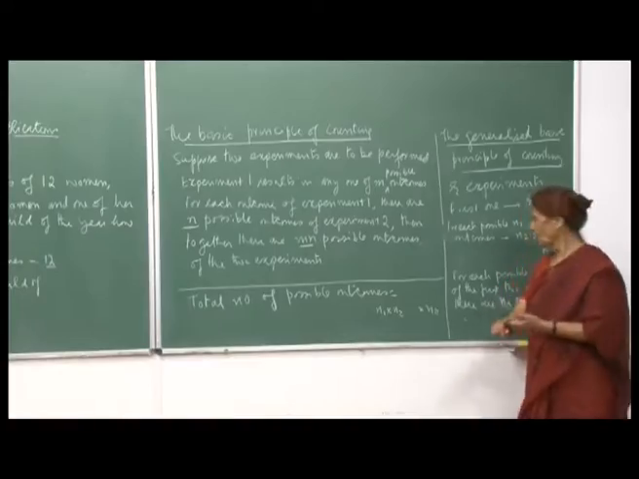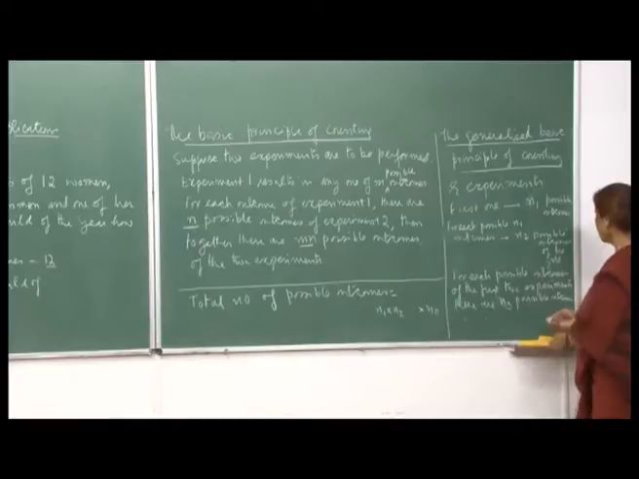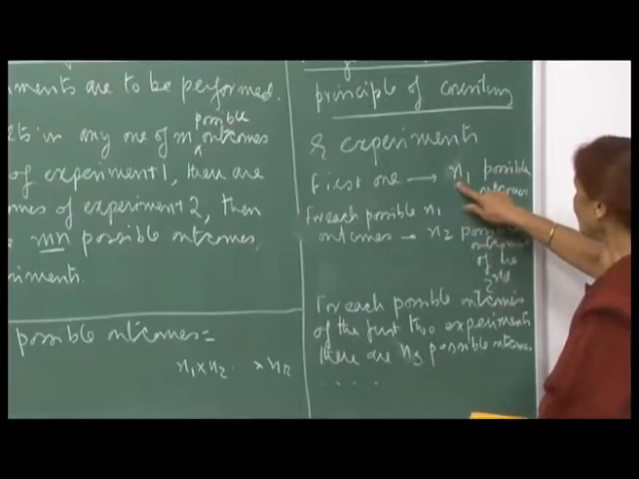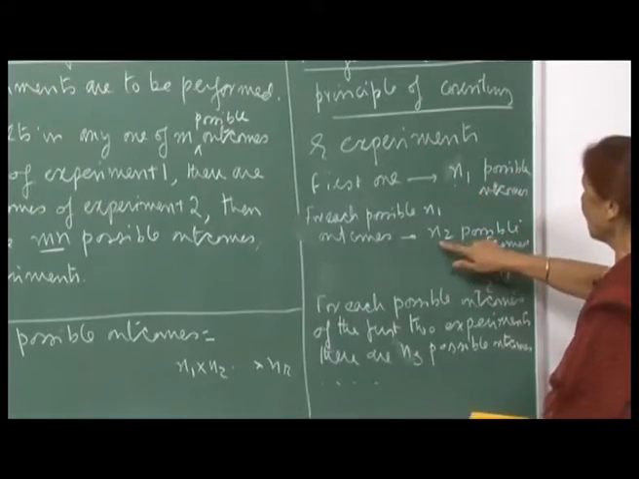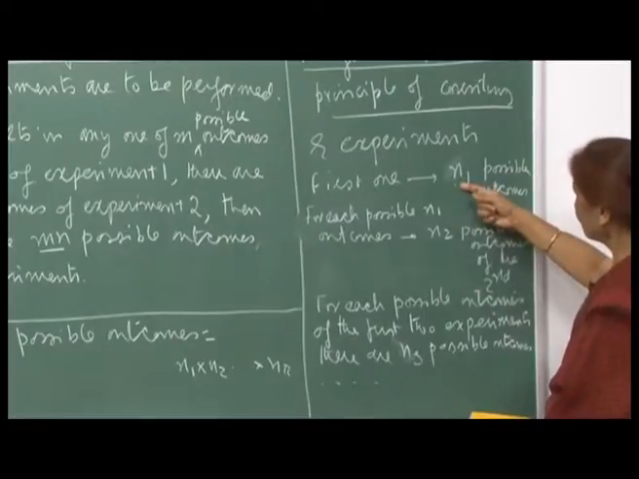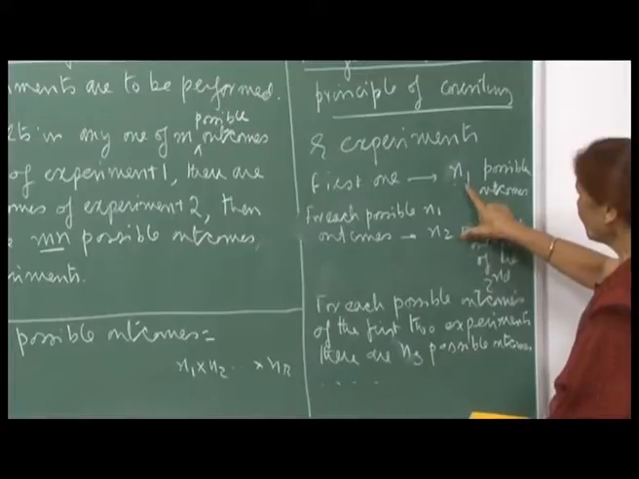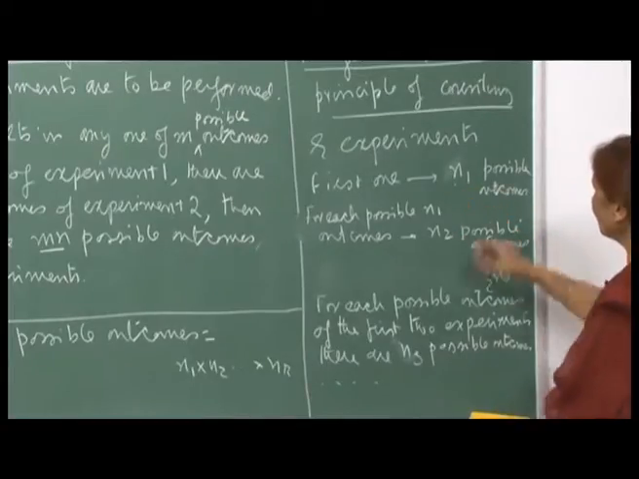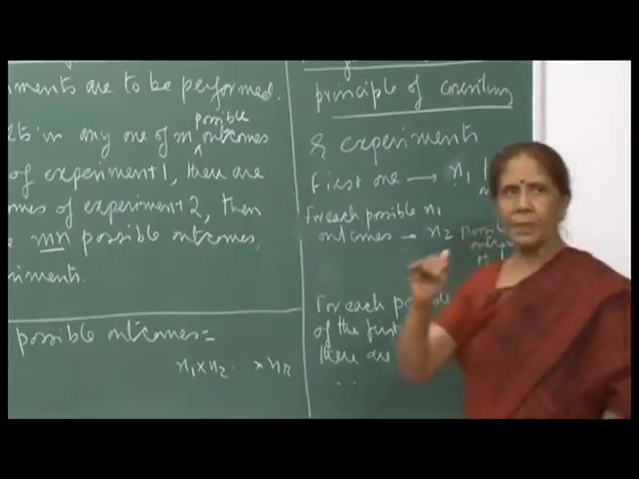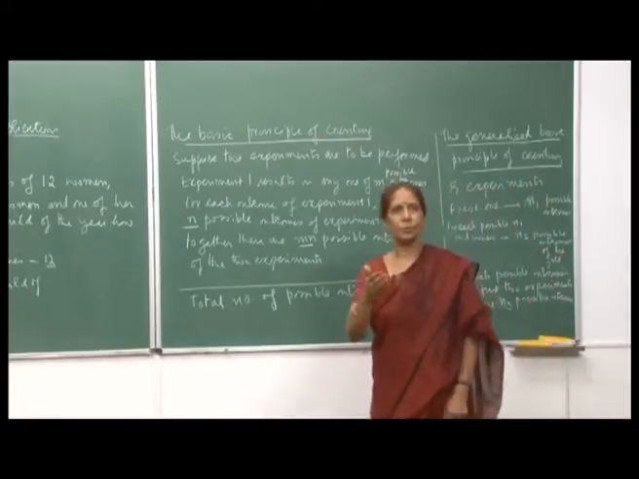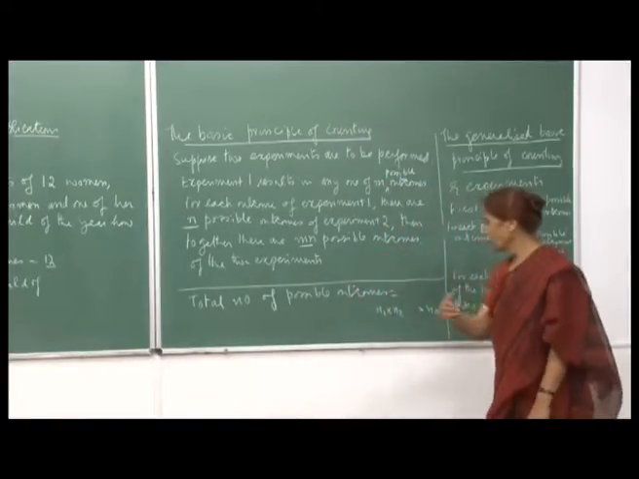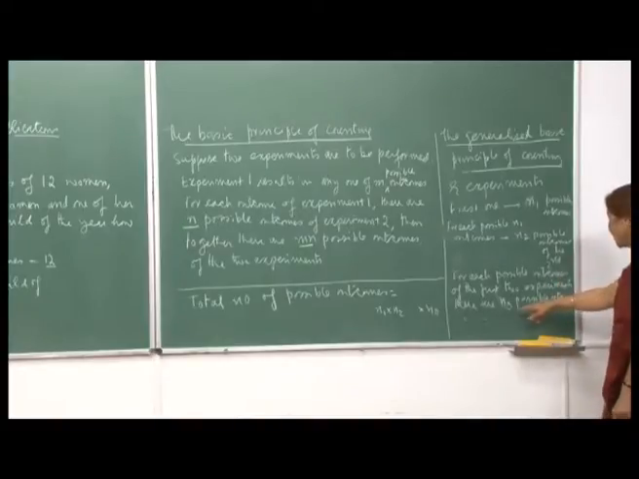So, for each possible outcome of the first and the second, that means now you have n 1 possible outcomes of the first experiment, and for each of those outcomes you have n 2 possible outcomes. So, the total number of outcomes becomes n 1 n 2. Now, for each possible outcome of n 1 n 2, the number of possible outcomes of the third experiment will be n 3